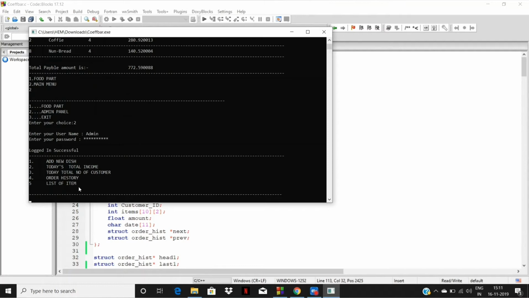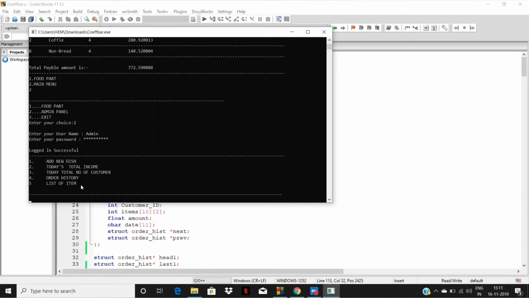Here the login is successful. Here the admin can add a new dish, calculate total income, or find out how many customers visited the cafeteria. There are several functions he can enter.